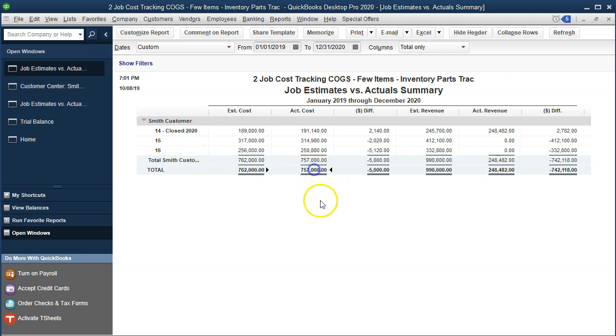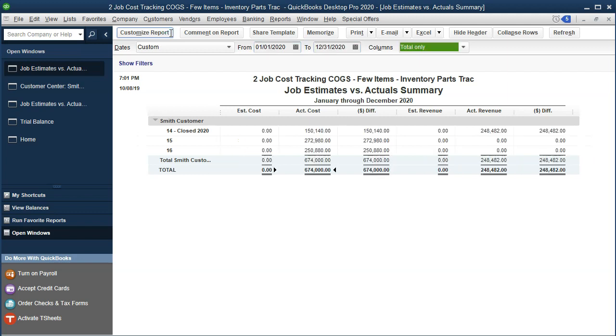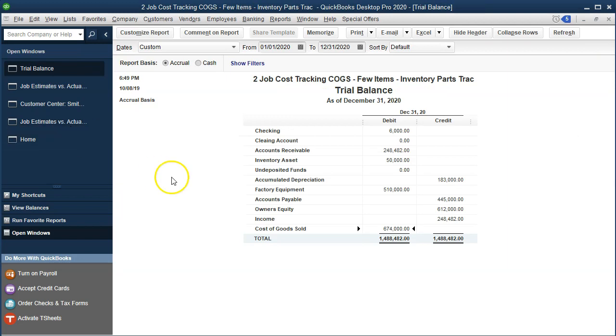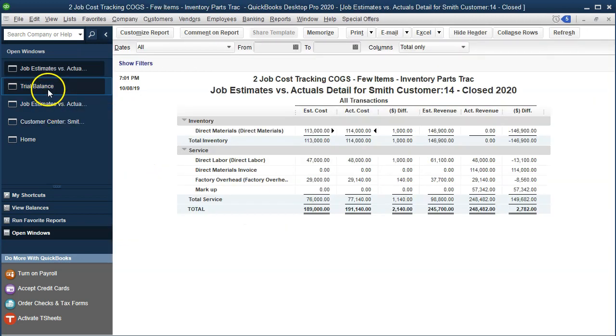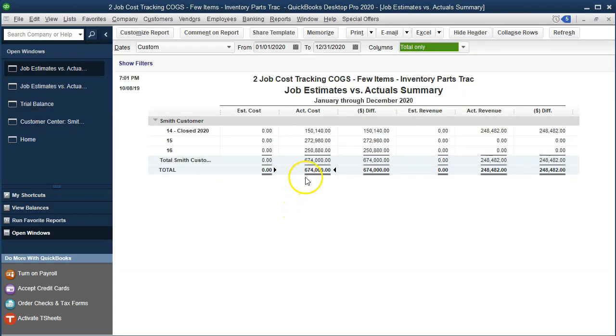That will allow us to reconcile this 757 to our trial balance. Now also note, you could run this for 01/20 for the current year, and you could say, well, the report reconciles right there because now we have the 674,000 that ties out to the 674,000 on the cost of goods sold report. So that is one way that you can reconcile these two items. I'm going to go back to the job cost report. However,